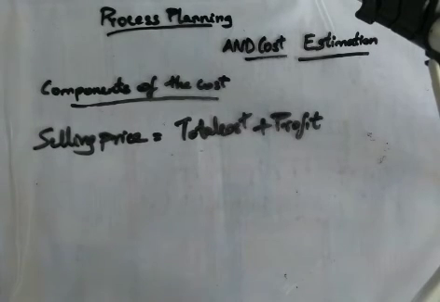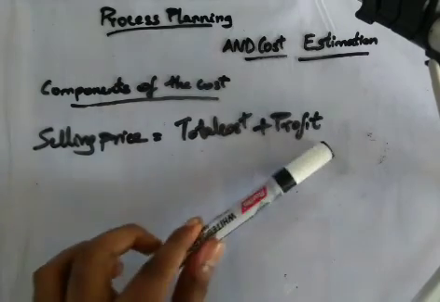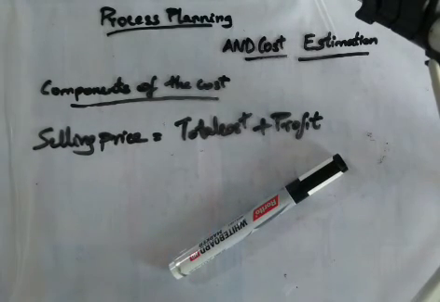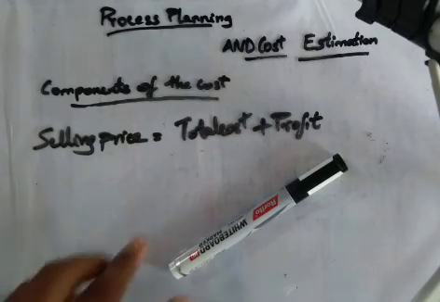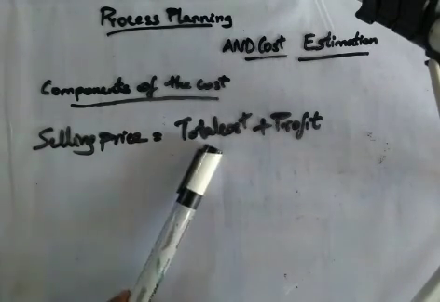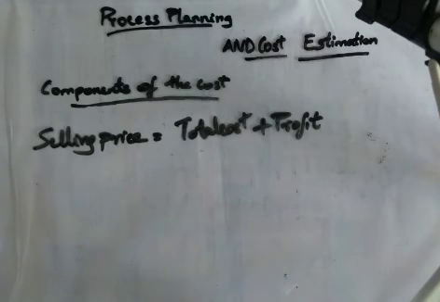If I am going to make this marker, I made this marker for 20 rupees. Now I need some profit, so I'll add 5 rupees as profit and sell this marker. In a similar way, total cost is 20 rupees for this marker and the profit is 5 rupees. The selling price was 25 rupees. Like that, they will be selling the product. This is the formula for finding the selling price.